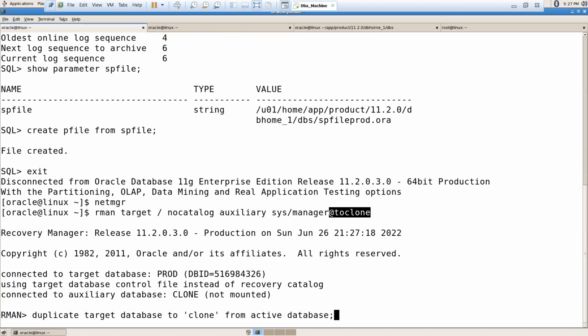This active database feature came in 11g. Before 11g it is not there. Before 11g, in 10g, what we used to do is take the latest backup of the production database, and with the help of backup pieces we used to create the clone. From 11g, Oracle introduced this new feature, instead of creating the clone with the help of backups,